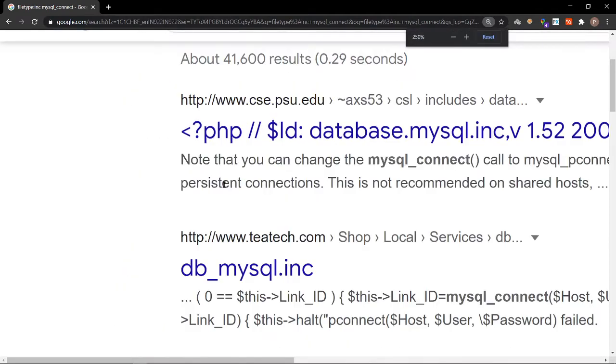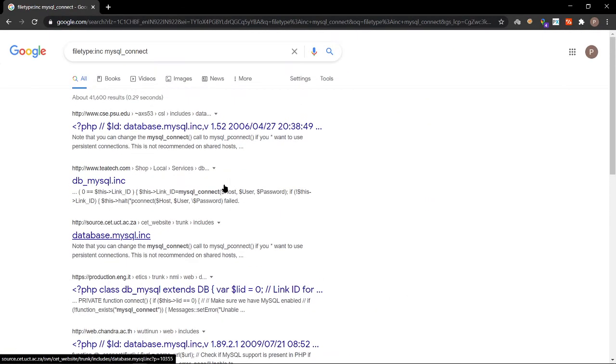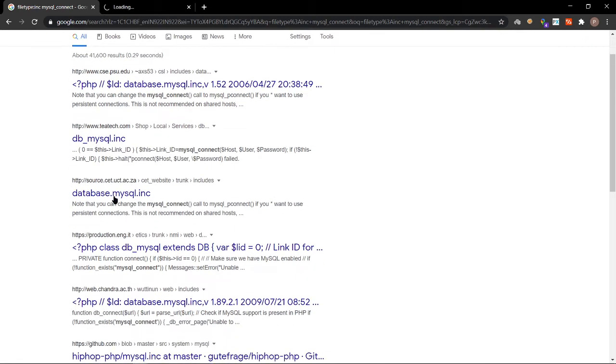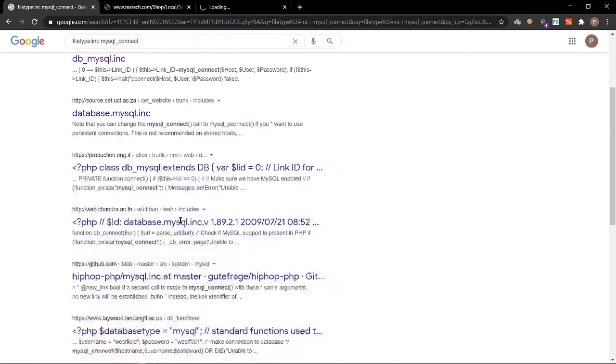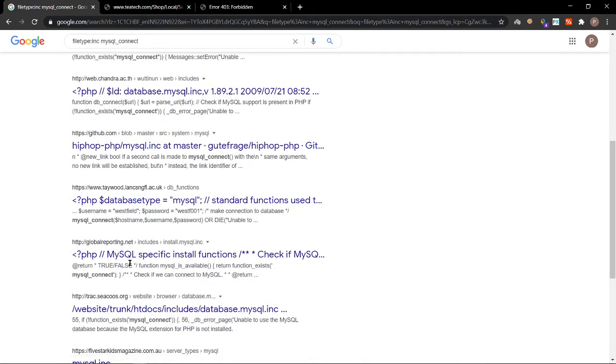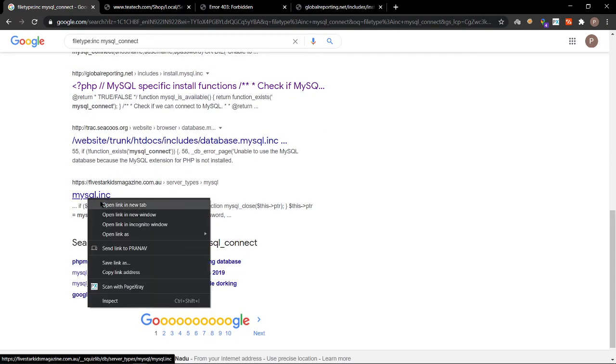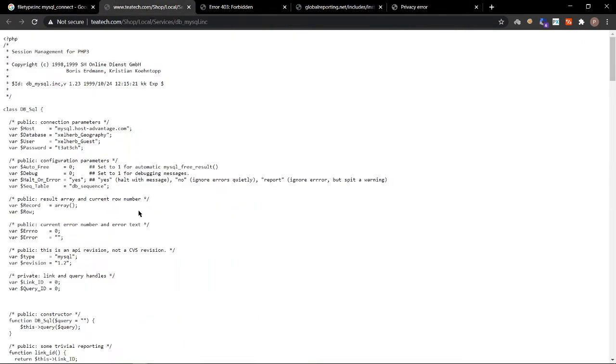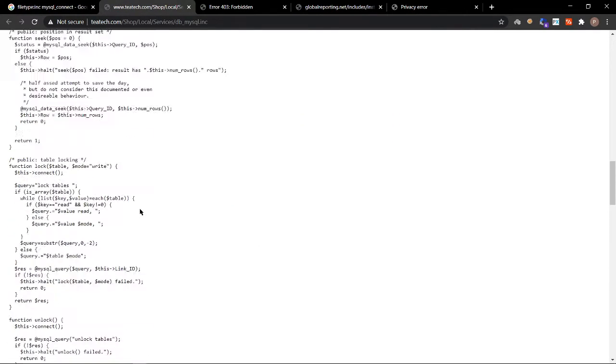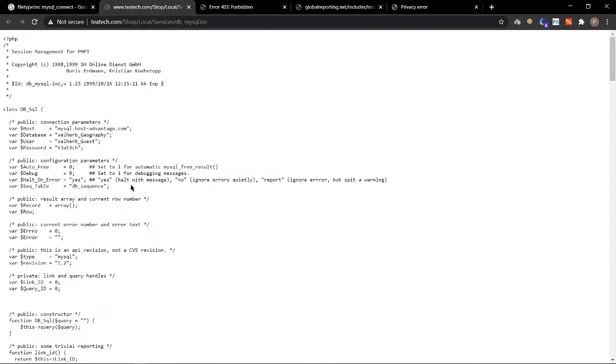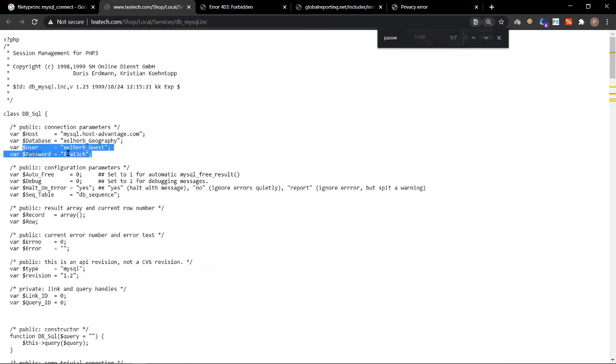So let me zoom out. Let me open all those things in a new tab so that it will be easy for us. Okay, it is showing me some configuration files of this website, that is ttech.com. Let me search for password. I'll press Control F on my keyboard and search for password. Yeah, see, you have usernames and password exposed here.